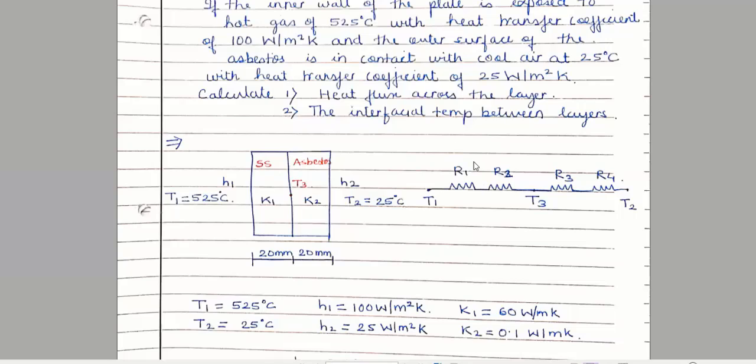Okay. So now how will you find out the heat flux? That is Q by A you are supposed to find out. So we'll start first with the electrical analogy. So now we will just see how will you draw the electrical analogy? For example, suppose the heat is at this point. This circle is nothing but, for example, suppose this as heat. Now this heat has to flow from here to here.